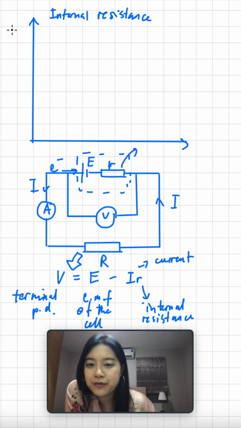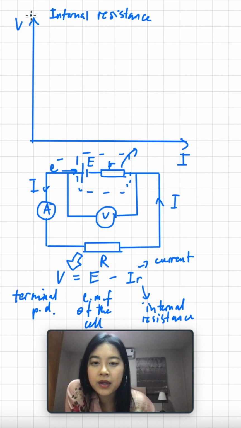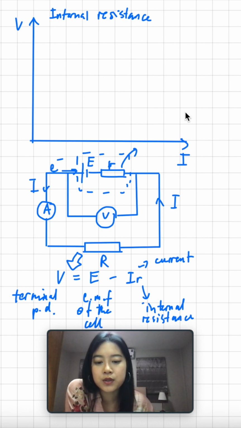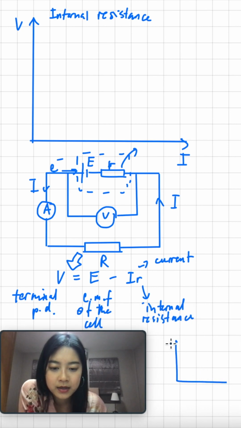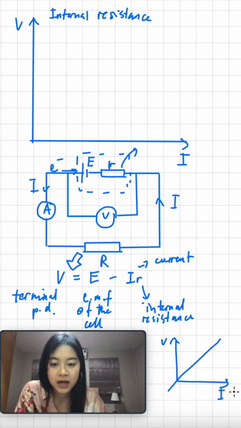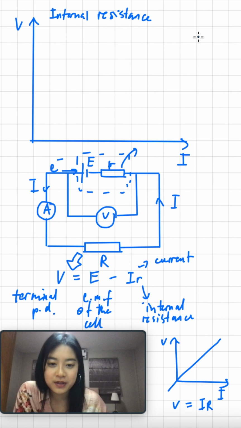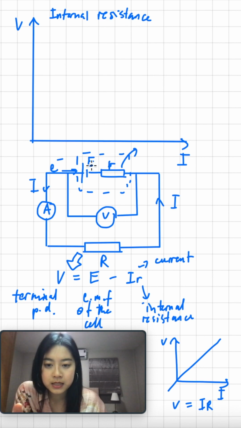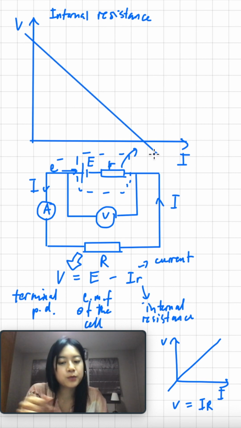If we draw a graph of V against I, we're going to get a line, and the line is not what you would expect, because you might be used to the graph of V against I, which goes through the origin, so V is proportional to I because V is equal to IR. But for this graph of the internal resistance, when we draw a graph of V against I, where V is the terminal PD, the voltage across here, we get a graph that looks instead like this. And this used to confuse me so much. Okay, so